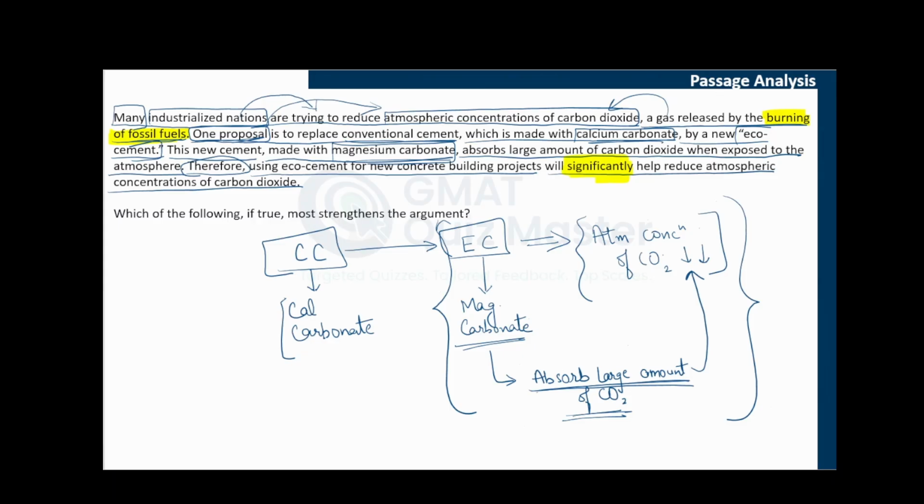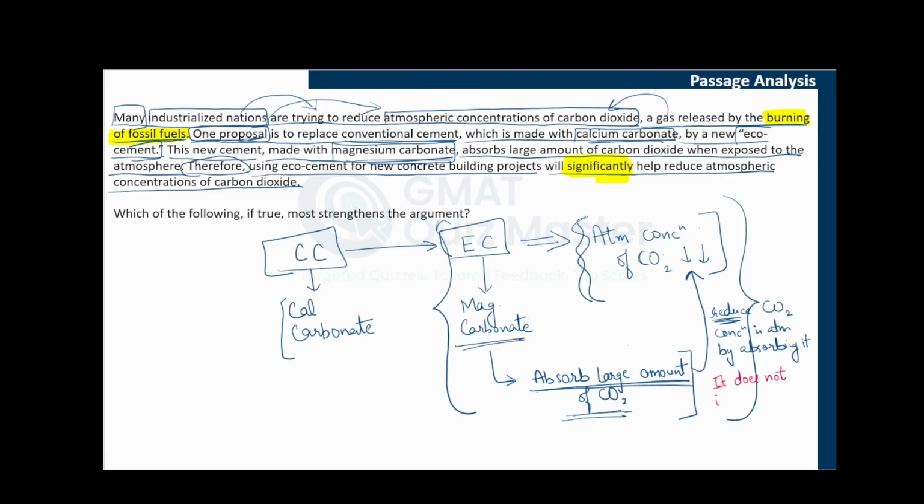All right, so that is what the passage tells us. The logic is very clear, that this eco cement absorbs a large amount of CO2. So in a way, it will help reduce CO2 concentration in the atmosphere by absorbing it, and that is how it will reduce the atmospheric concentration. All right, now what can be the logical gap here? The logical gap is that okay, we know that it can absorb a large amount of CO2, that is how it can help reduce CO2 concentration, but are we sure that it